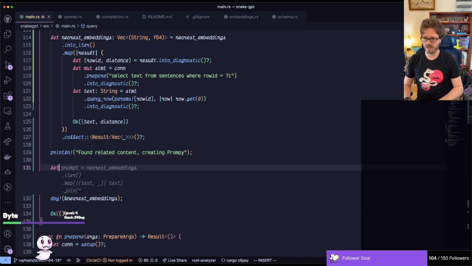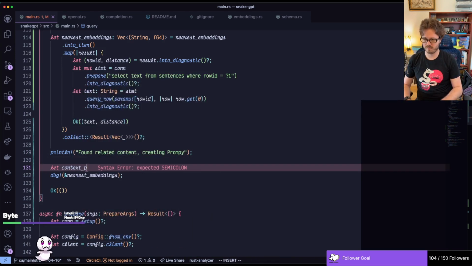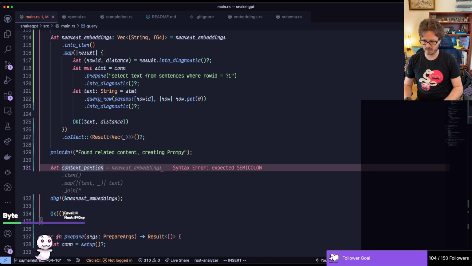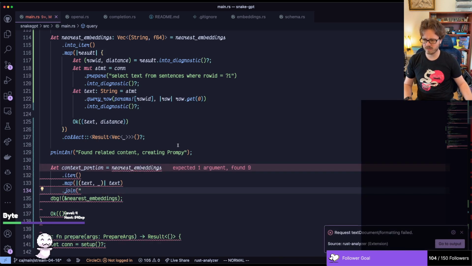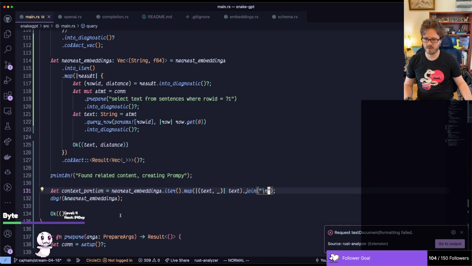And then we do like let context portion, just join it on like a new line or something. So that will give, so then like context strings,